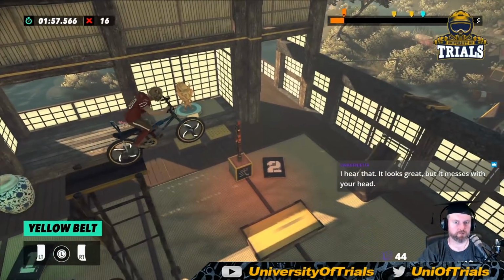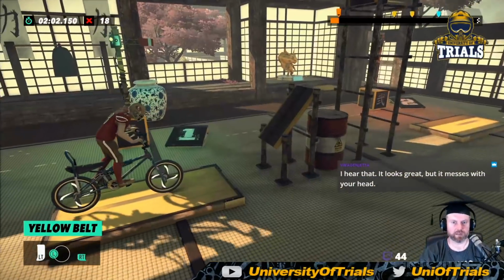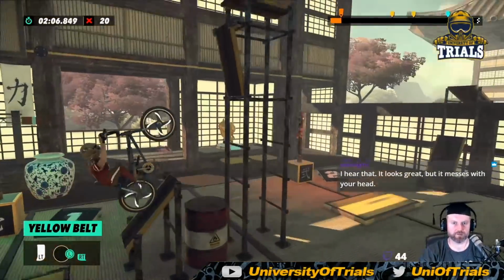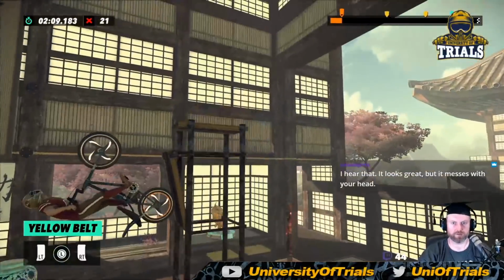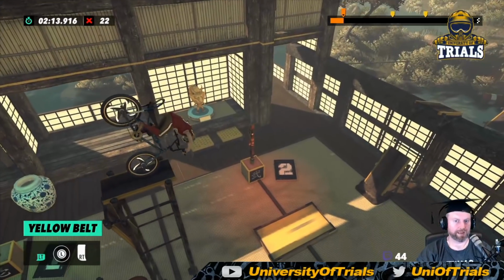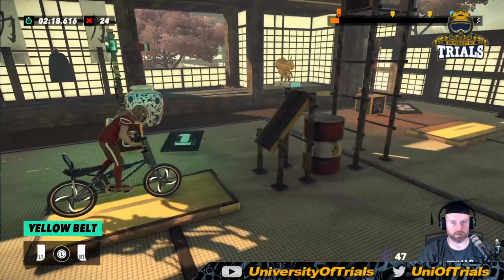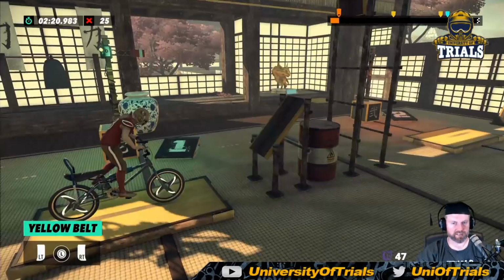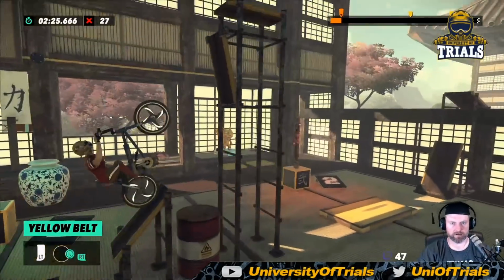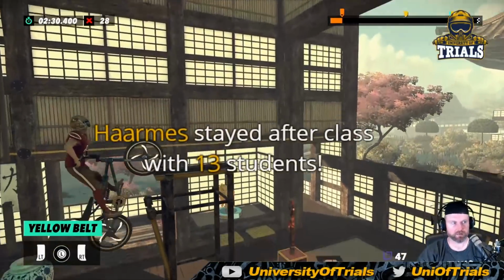And then it's a matter of tapping the brake. I'll do it a few more times. And then it's a matter of tapping the brake when you get up top. So you see the bike goes past vertical when I get there. You definitely don't want your front wheel to hit that angled section. Flapping with an L is a very important technique there as well. And it's just about getting that angle just right. And you've got to accelerate all the way through. And if you get stuck...